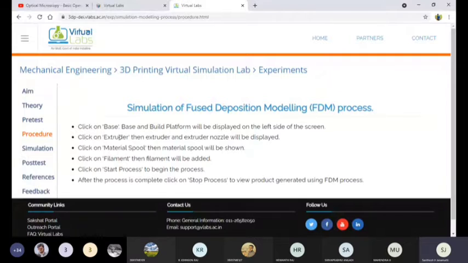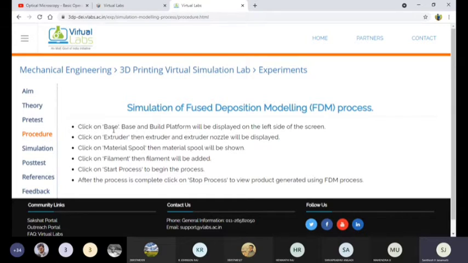Here we can follow some procedures or instructions to simulate this FDM process, right? As we discussed in the last class, there are a number of steps involved to proceed with the simulation process. The first step is to click on the base.